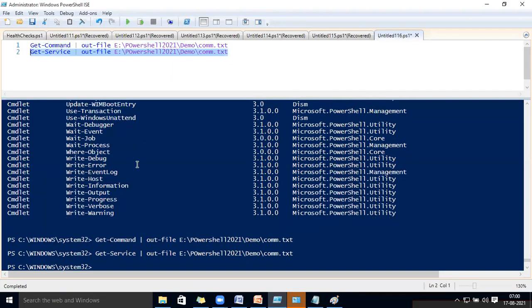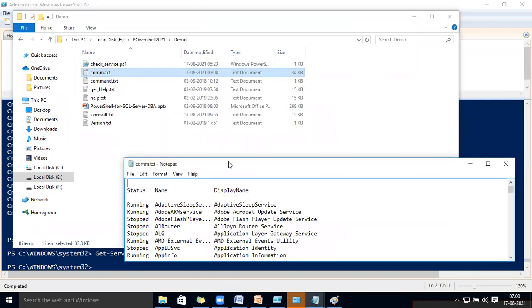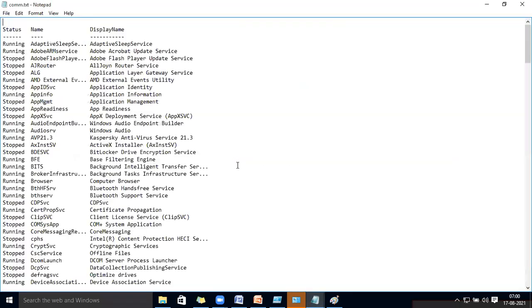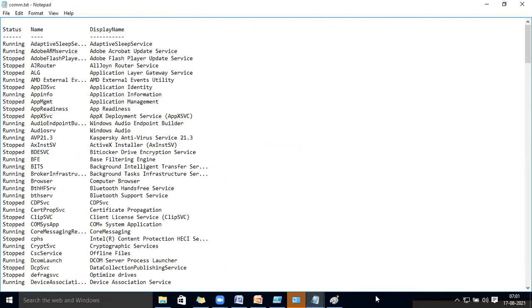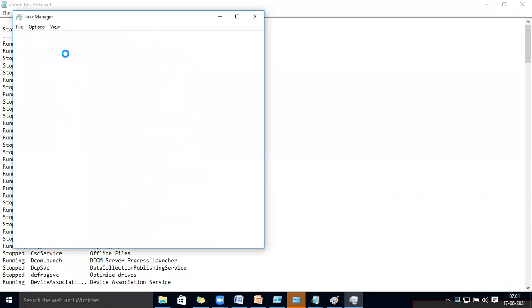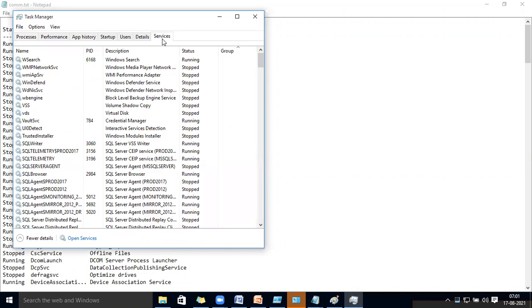Okay, I ran Get-Service. Now here it is not displaying because it is going into the output file in the notepad. So these all are the services, whatever services there are, it is going to inform you. It is the same as your task manager. Later we will see how we are going to work with Get-Service, right?